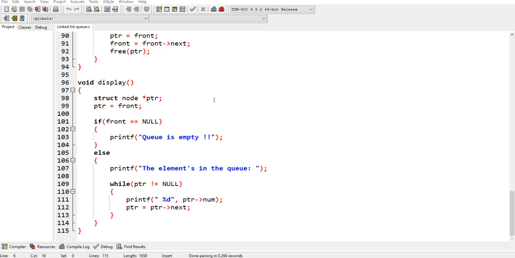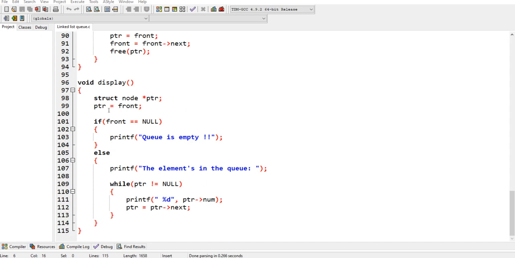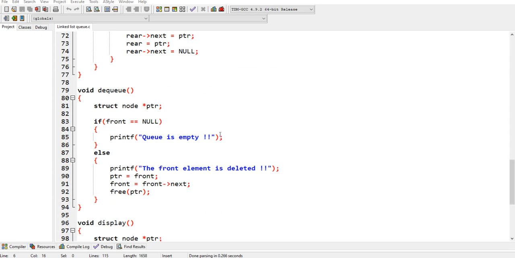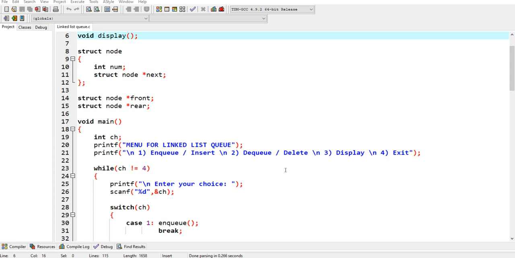It will display the first node, and the first node points to the next. Then the first and second, and the second and third, all the elements which are in the queue will be displayed. Afterwards, if we choose option 5, it will show the wrong choice, please try again.